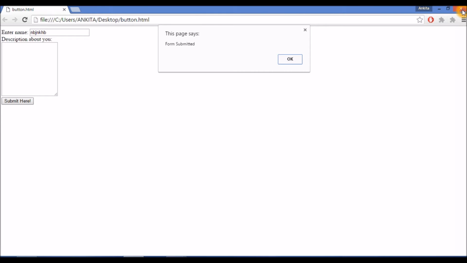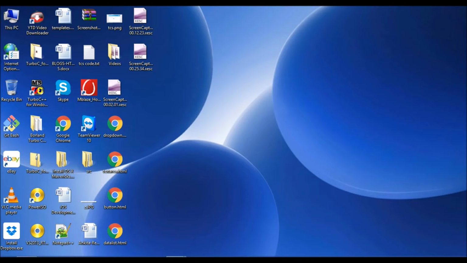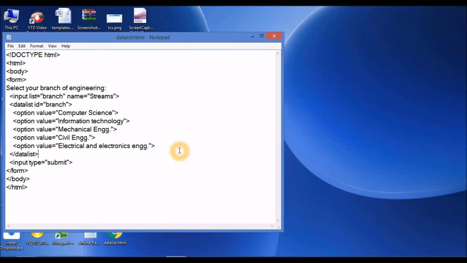Next we have the data list. In data list, I've taken this id as branch and I have shown some option values.